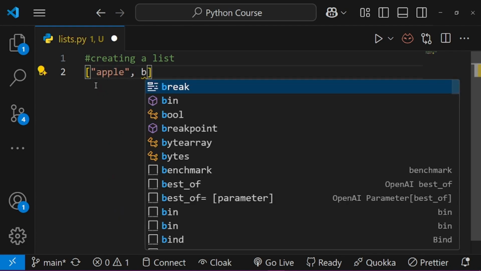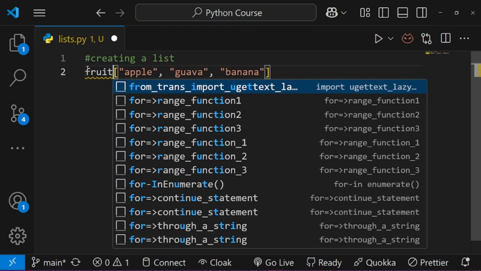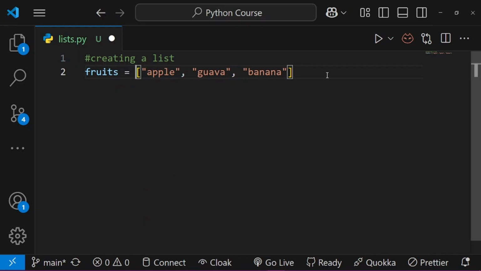So let's say we have some apple, we have some guava, and then some banana. Everybody likes banana, right? So banana. We'd like to store this in a variable called fruits. Now that's how to create a list in Python. Of course, it's a very simple example, but now that we have created it, let's look at how to modify